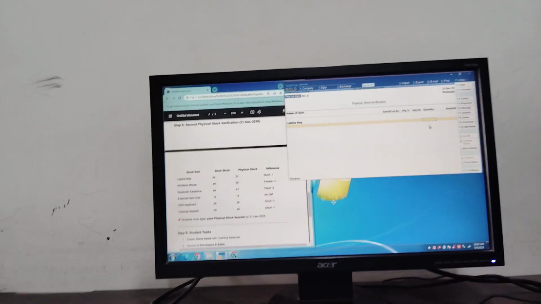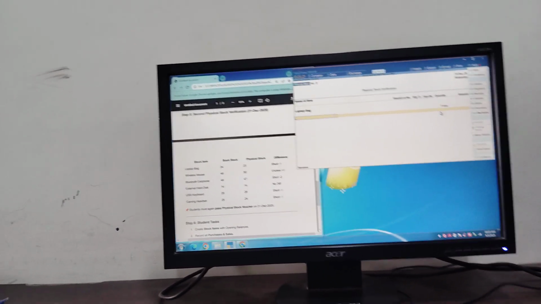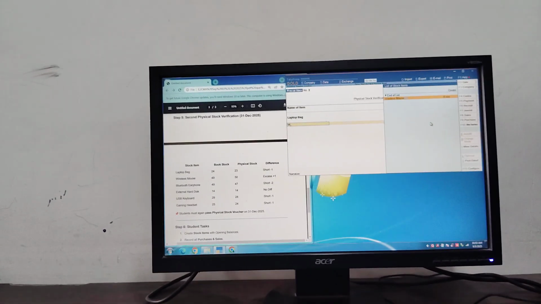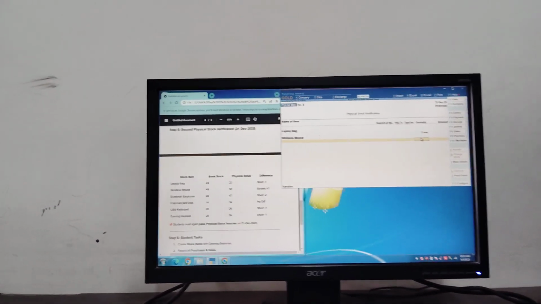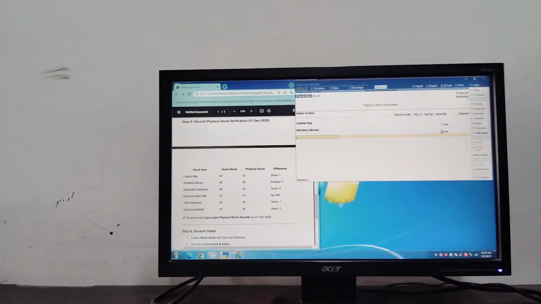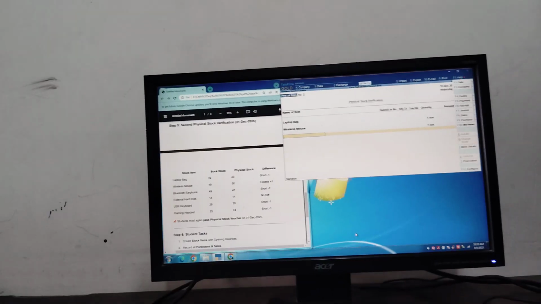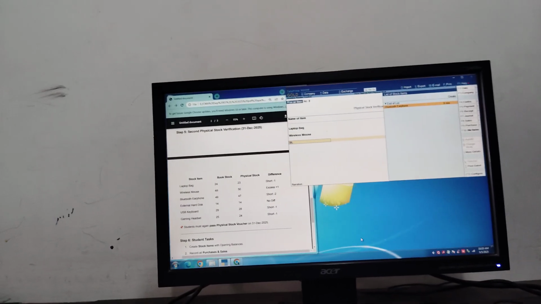bag, 1 difference. In this question it is directly given, so we do not have to analyze and find out, and we have to put the difference quantity, not in negative, not in positive, just the difference quantity.